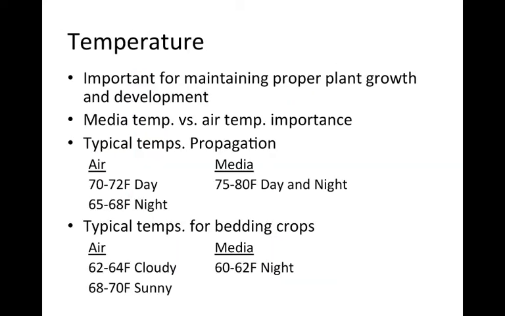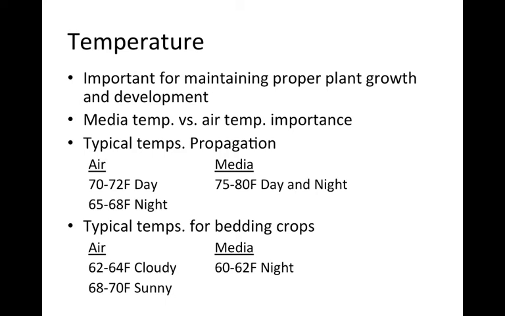Moving on to temperature. Temperature is important for maintaining proper plant growth and development. Media temperature and air temperature can be important for the different stages of a plant's development. For example, media temperature is more important during propagation for root development, and air temperature is more important for top